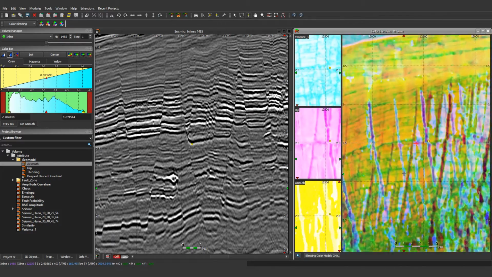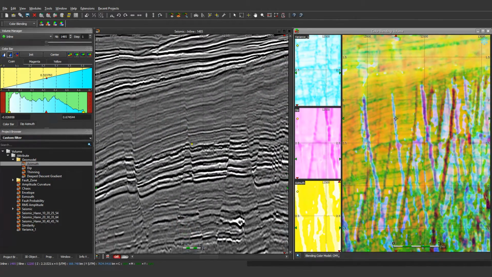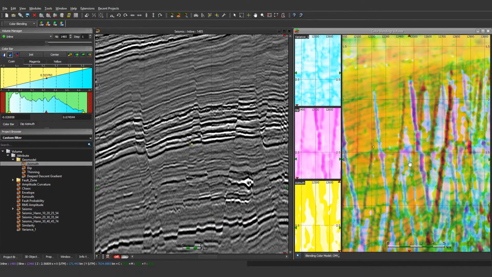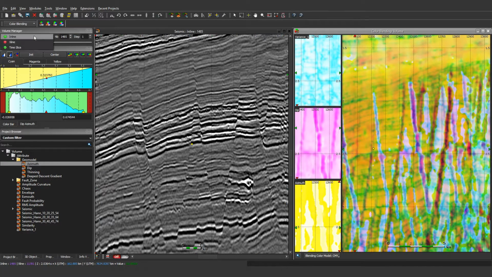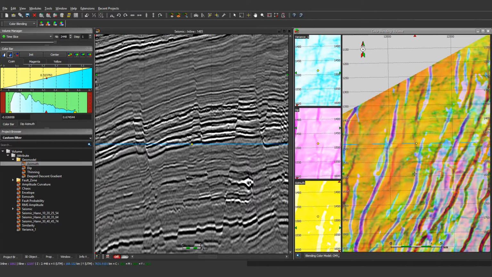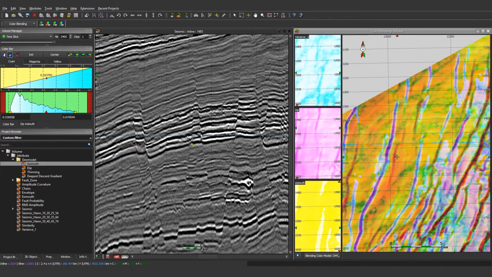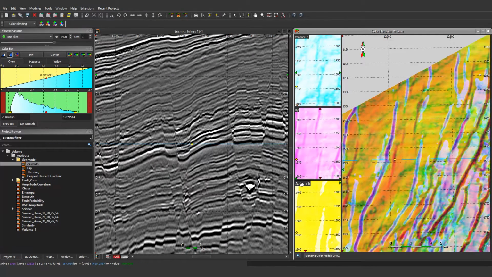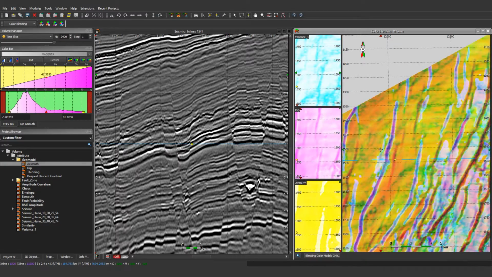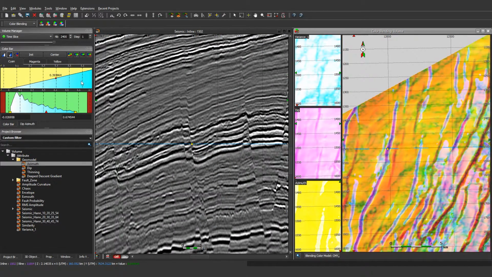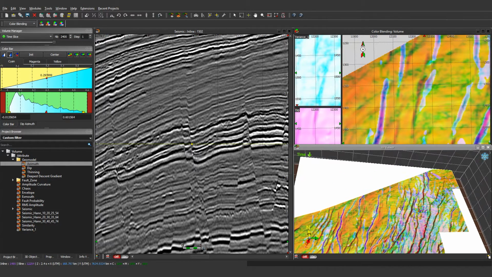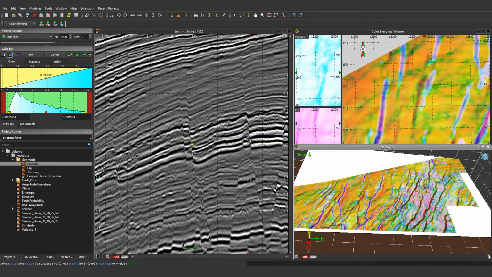So generally, for the faults, the best decomposition is to use the CMY, where you can see much more clearly the main fault trends. So this window is very flexible, interactive. You can communicate with a real seismic viewer, but also look at data in a time slice. Generally, for the faults, this is where you can clearly see the faults, and it's intersecting in real time the seismic section. You can switch channels easily by just sliding the window and swapping one for another. And you can also change the channel contrast by playing with the color bar.